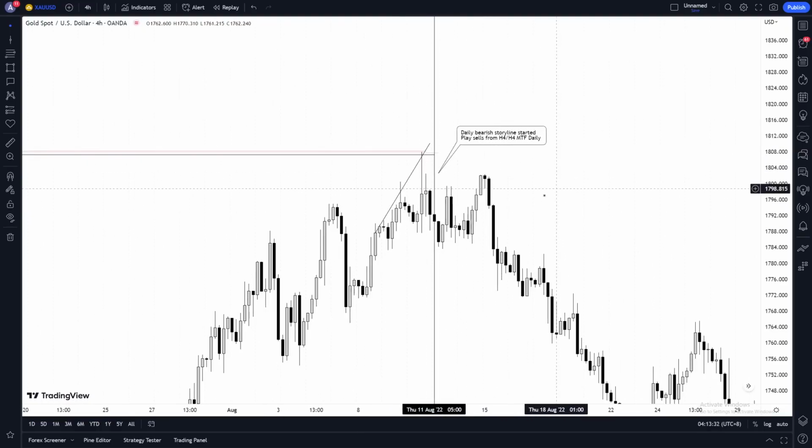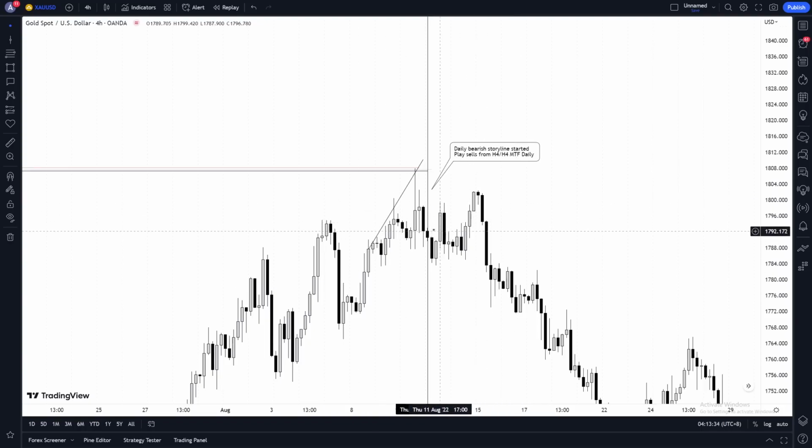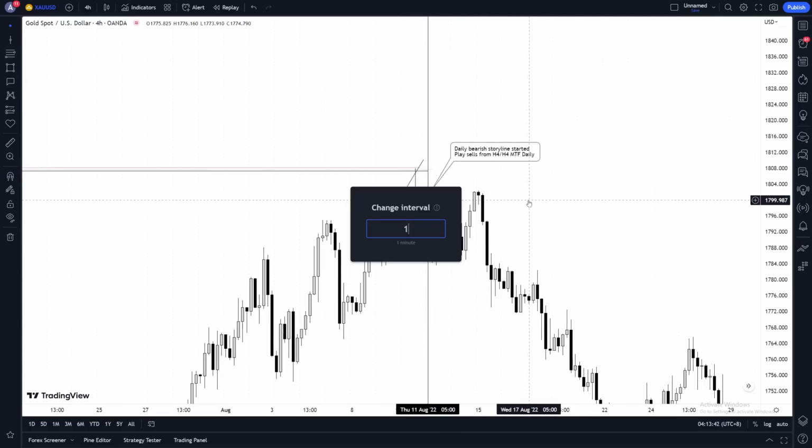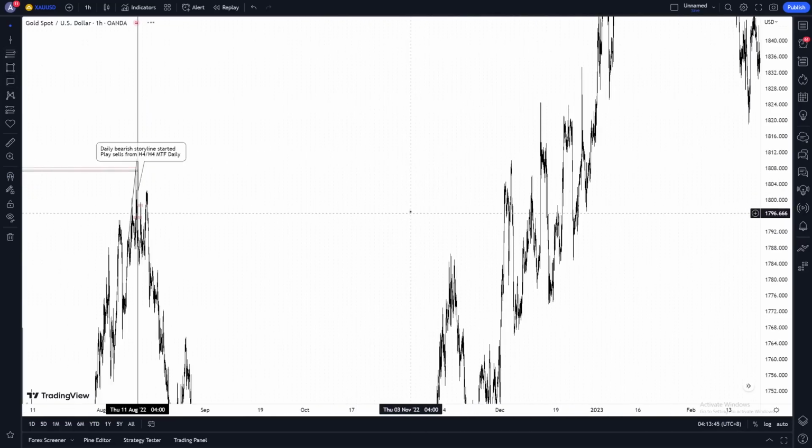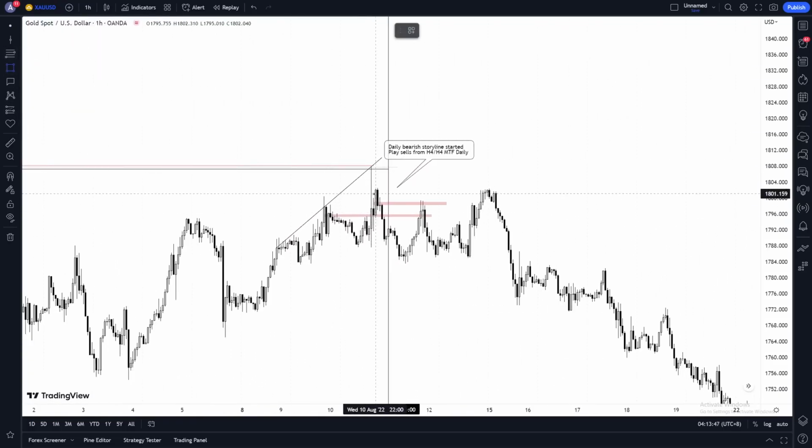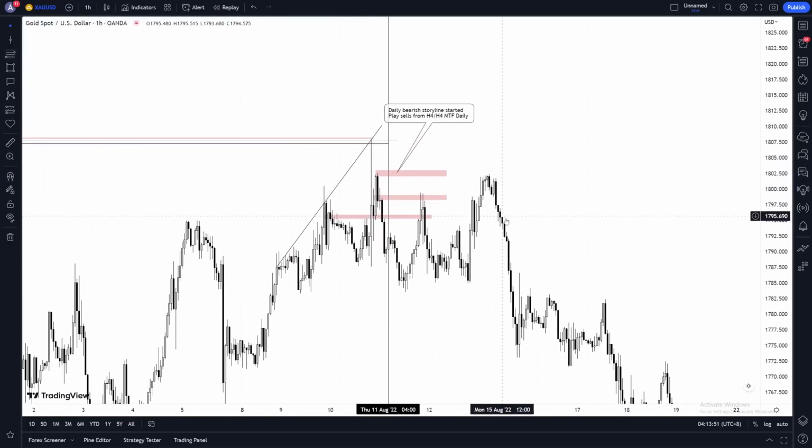I'm just gonna whiz past this and tell you guys exactly what I did. So next day is very simple. We had the left shoulder, we had this entry, so I marked these 2 out. And then I went to the H1 and I noticed something on the H1. I noticed that we had another H1 right up here. So again, when I have more than 2 zones, I like to just pick the top 2 zones, because I know in myself, the reason why I do this is very simple.